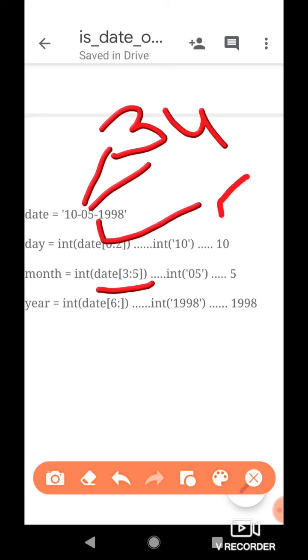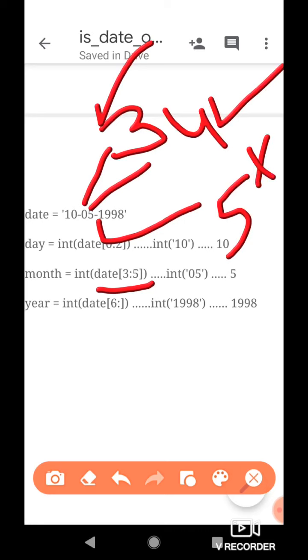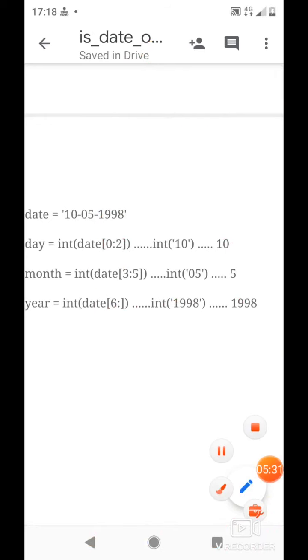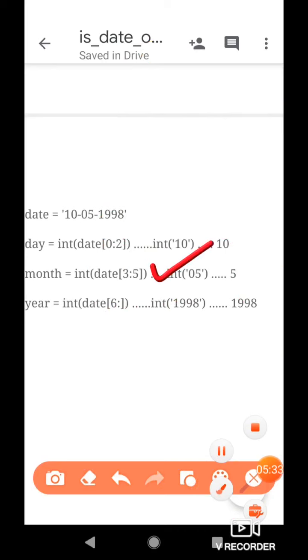So when we write 3:5, we will get the character at index 3 and the character at index 4, but not the character at index 5. So what we'll get is the string 05, and then we will apply the int function on this string and we will get the number 5.